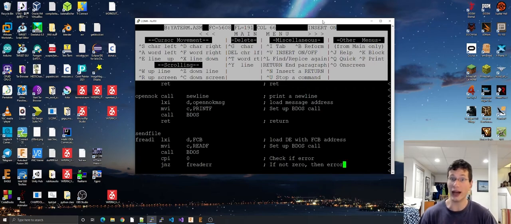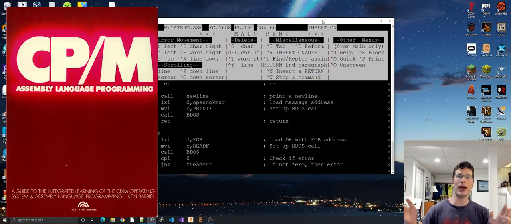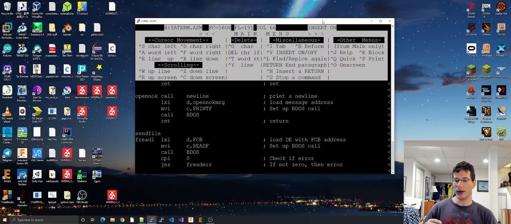Now, what if you have less than 128 bytes in that record? Well, this is where it gets interesting. In many of the CP/M manuals, or all the CP/M manuals, they'll mention something called an end of file byte. And this byte is hex 1A. I don't remember which manual I read it from. It was a red CP/M manual book. I would love to get my hands on it, but I don't have a physical print. Anyway,